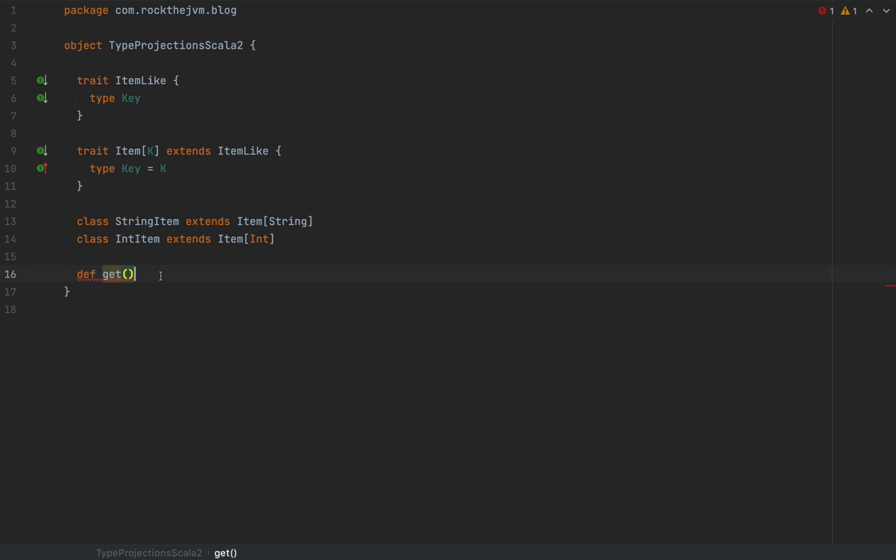So for instance, if I want to call get on a string, on Scala, I want to return a string item. So this will return a string item, and get on the number 42 should return an int item. And I want this method get to be super type safe. So if you add some generic type arguments, you should not be able to do type mismatches. So for example, you want to say get for an int and then you pass a string, that code should